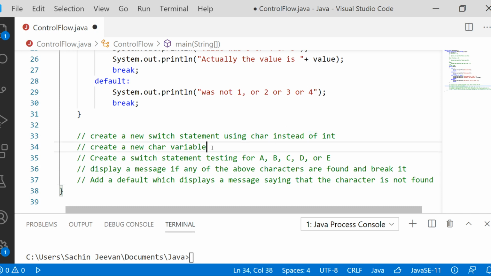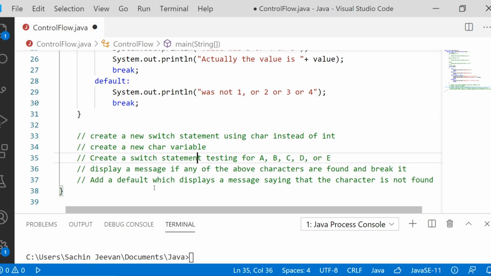We need to take one character variable and assign a character value to it, and then create a switch statement checking whether the character received is A, B, C, D or E, display a message if any one of these characters is found, and break it.